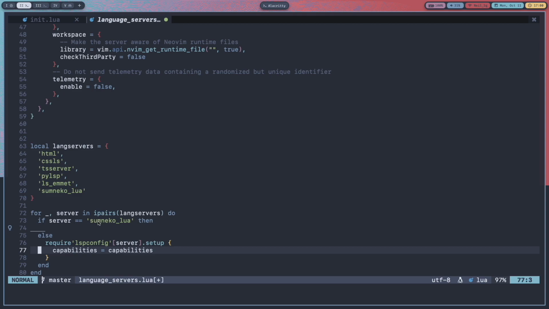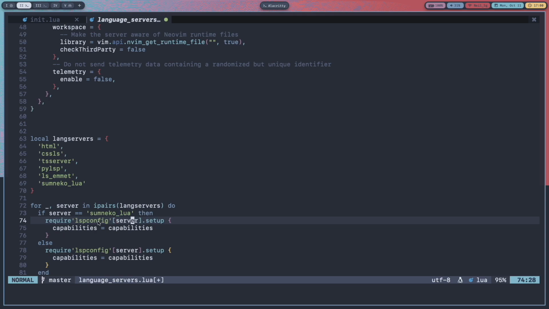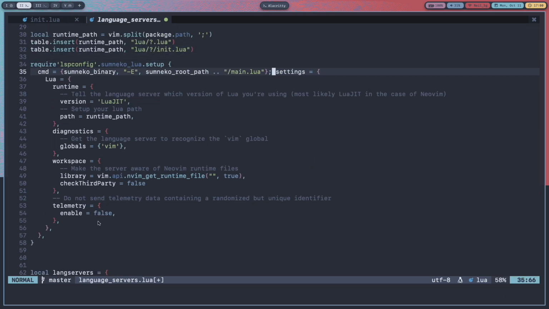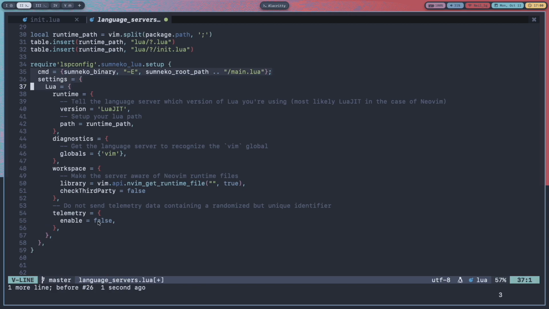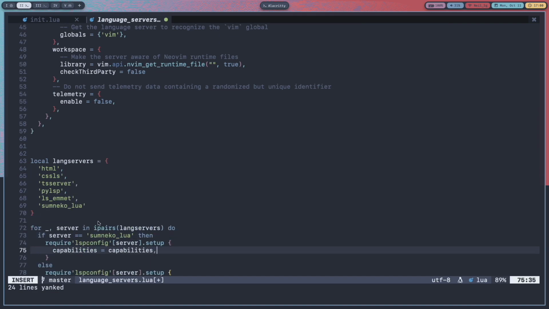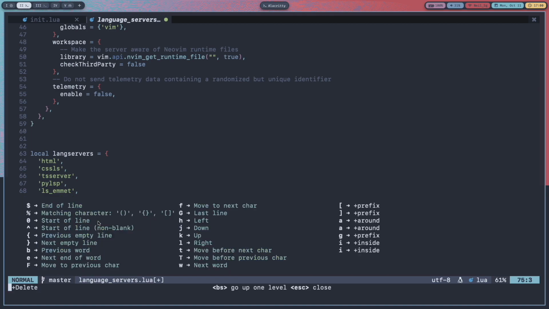Over here we will do require lspconfig index. We can leave this as it is and copy all of these things here. Now I have copied that. I can paste it here. Oops.